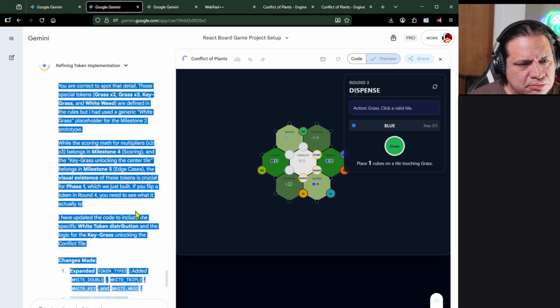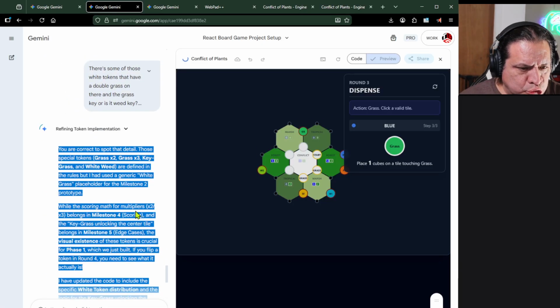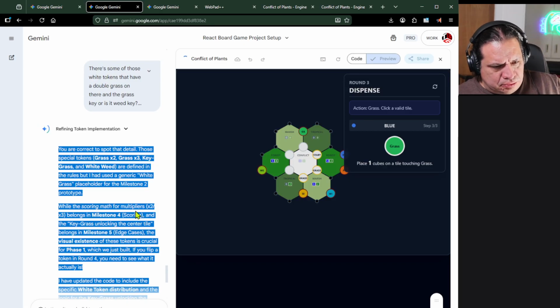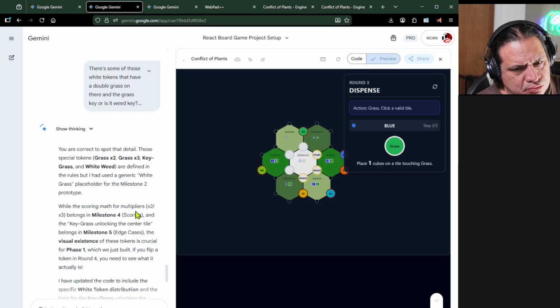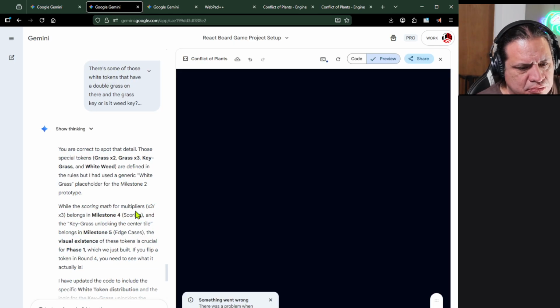You are correct to spot that detail. Those special tokens, grass x2, grass x3, key grass, and white weed, are defined in the rules, but I had used a generic white grass placeholder for the milestone 2 prototype. While the scoring math for multipliers, x2/x3, belongs in milestone 4, scoring, and the key grass unlocking the center tile belongs in milestone 5, edge cases, the visual existence of these tokens is crucial for phase 1, which we just built. If you flip a token in round 4, you need to see what it actually is. I have updated the code to include the specific white token distribution and the logic for